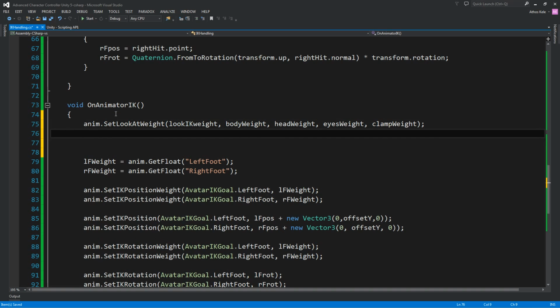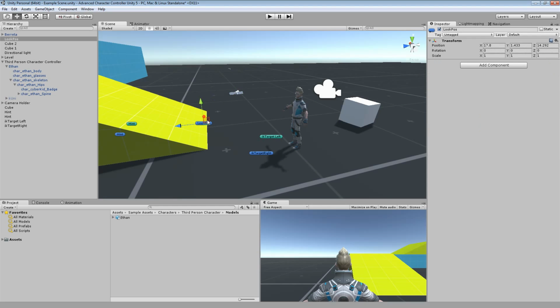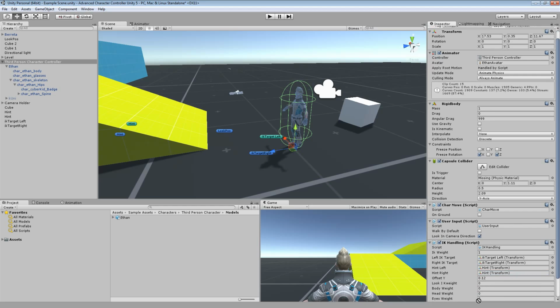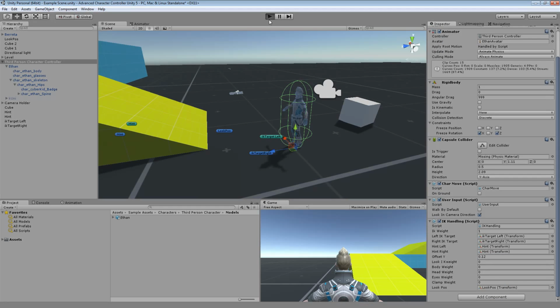So if I said I need to set the look at position, and then the look at position, we know it will be the lookPosition.position. Save. Let's go back to Unity. I have an empty game object, look position, over here, so I need to drop it into my look position. Hit play,